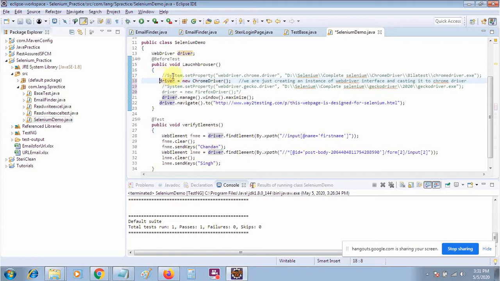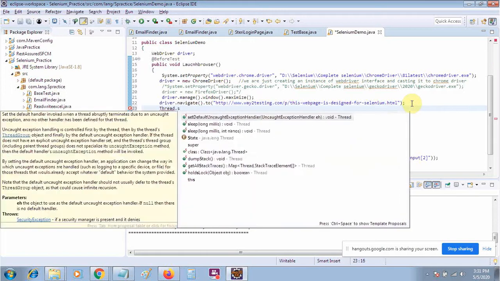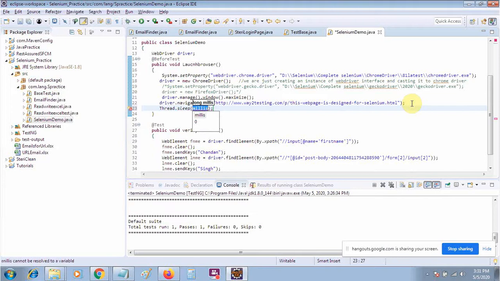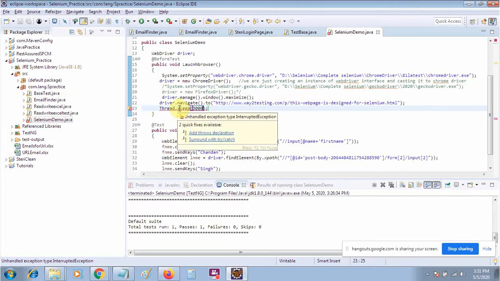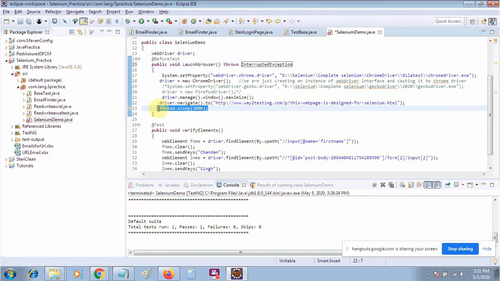Also, you can put some wait, so that whenever the URL or the browser opens, it waits. You can implement different kinds of waits, and I will take another session for the wait. Simply, it's a Java method to put the wait: the sleep method, and the time taken by it is in milliseconds. Your complete operation will be paused for 3 seconds or 3000 milliseconds. If you apply this wait, you have to handle one exception, InterruptedException.